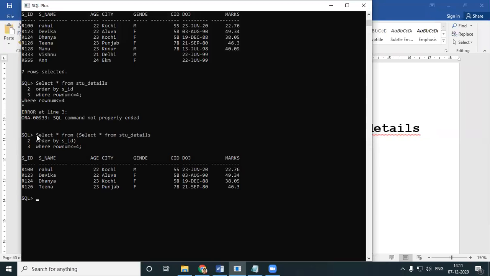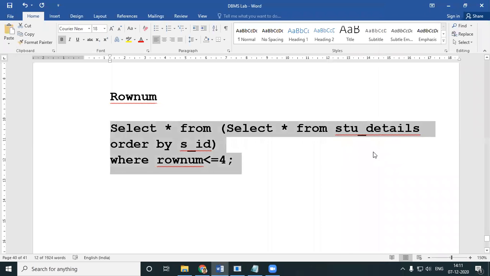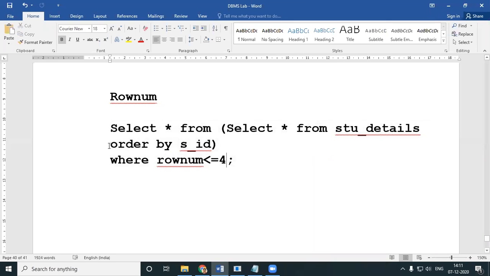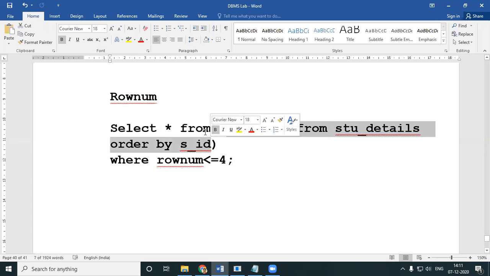Now when you work with row number with order by or group by, this is how you have to do it. You'll have to have an inner query and an outer query. All other things you can simply give together with your where condition. You simply give an and then you can decide upon how many rows you want. When you work with order by, group by, see that you have an inner query and an outer query to achieve what you